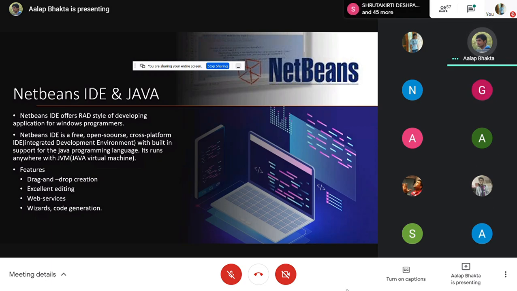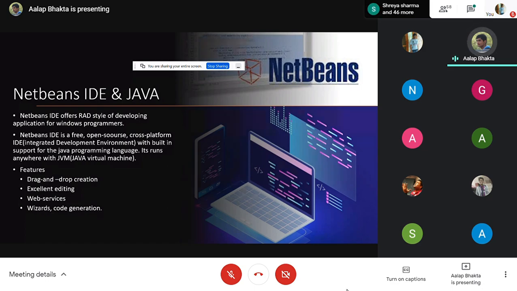There are 2 to 3 other softwares also. NetBeans is very easy to learn for Java beginners, and even for coding beginners, I can suggest Java NetBeans, because it is very easy to grasp the knowledge.